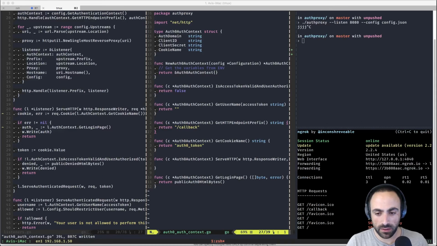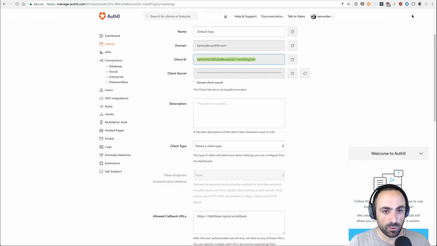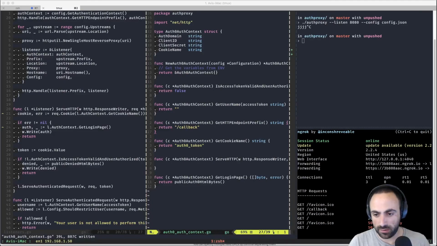And auth, cd code go src github dev micro cmd here and auth0, and then I'm going to do export auth0 client ID, and I'm going to take the client ID from here, and then the secret, and I'm going to copy it from here and paste it here.